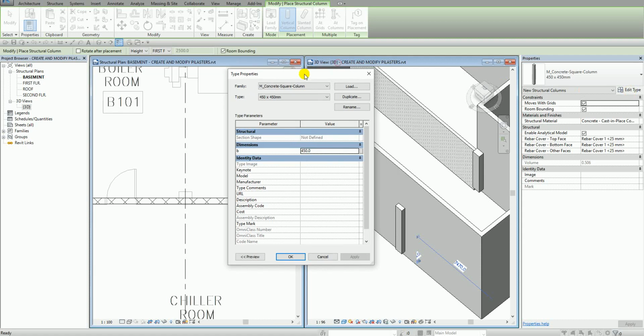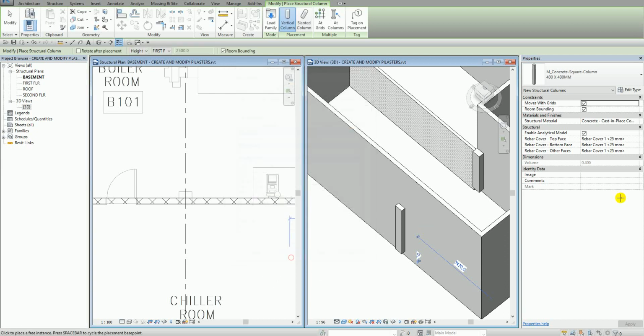I'm not going to change this to 400 straight away. I need to duplicate the type first. So you always duplicate it. So 400 by 400 mm, and then I select OK. And then after that, I change the dimension here. So 400. And then I'm going to select OK. And then after that, I'm now going to pick